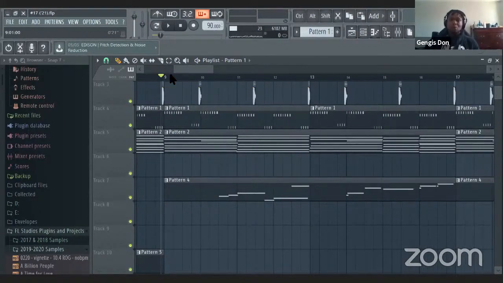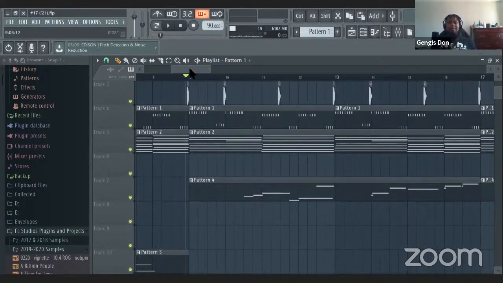So as a producer, your role is to create a bed. Think of music production as a canvas, right? If you're a graphic artist or whatever, think of music production as the canvas that the artist has room to paint over. So like a blank white canvas for the artist, because you want a smooth canvas where the artist can feel comfortable creating whatever paint strokes they want on top of it. Because without the canvas, the artist cannot create anything.